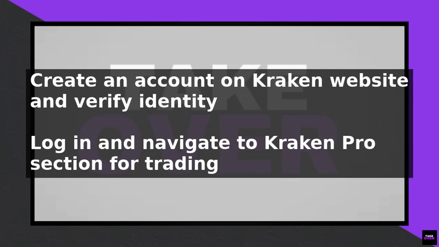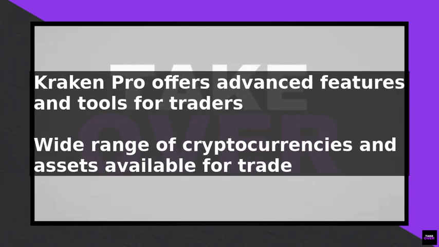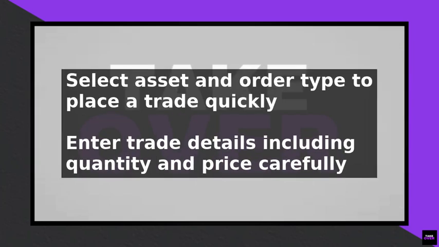To place a trade, select the asset you want to trade and the type of order you want to use. Kraken Pro offers several types of orders, including market orders, limit orders, and stop-loss orders. A market order will execute immediately at the current market price, while a limit order will execute at a specified price. Use the order form to enter the details of your trade, including the quantity and price. Make sure to review your order carefully before submitting it, as trades on Kraken Pro are executed quickly and cannot